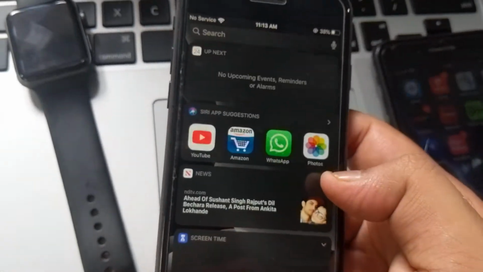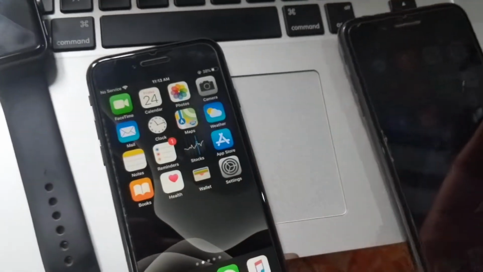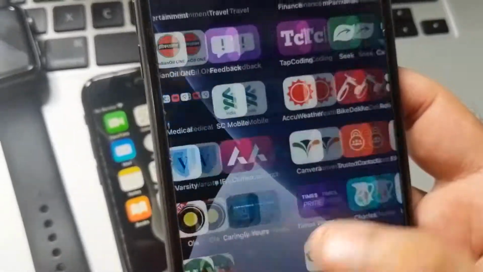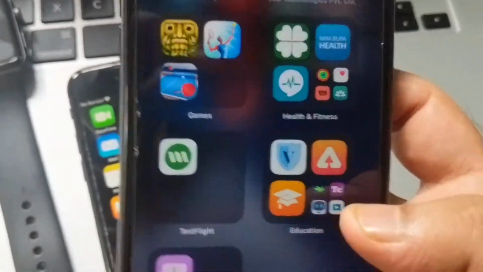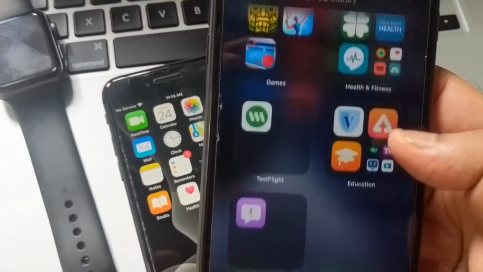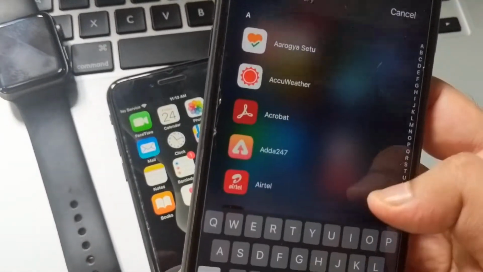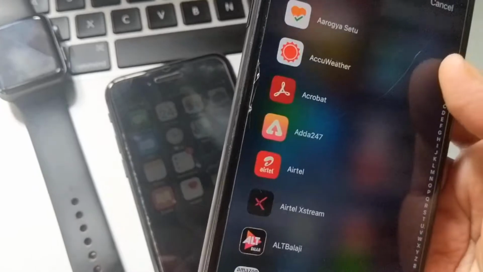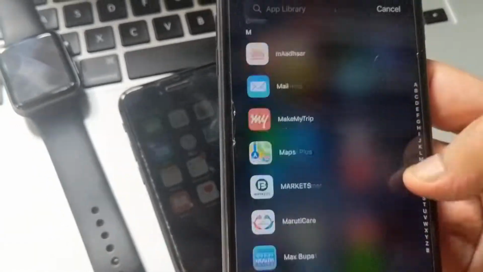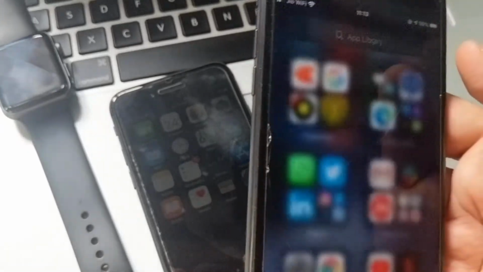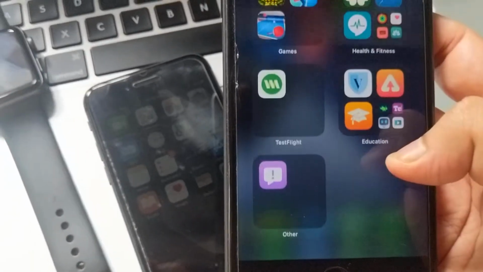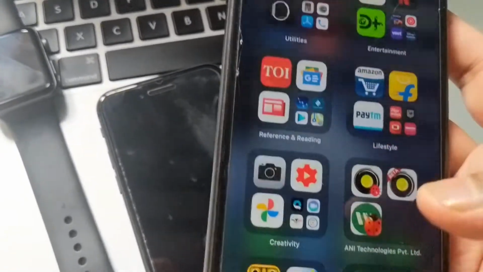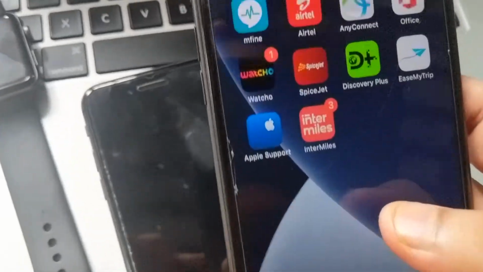So you see, iOS 14 does have some changes, like widgets and app drawer, etc. Let me show you. In the app drawer, once you reach it, you can also scroll based on alphabetical order. So you have this alphabetical sorting option available, and it is working perfectly. Once Apple does it, they make it very smooth, although it has been available for a very long time on Android phones.